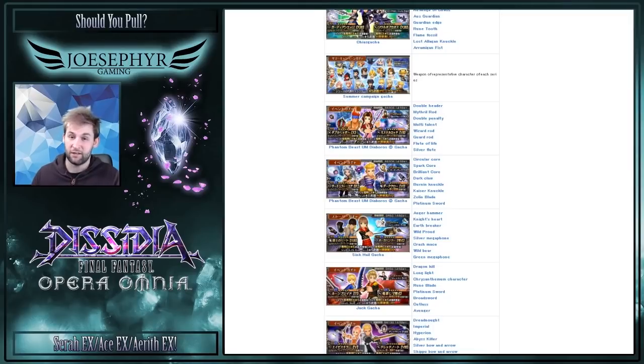If I get Serah, I'll be annoyed because I already have her, but if you get Serah, I'd be pretty happy about it. If you get Aerith, I'd also be pretty happy about it, but you'll probably shelve her quicker than you will the other two. I just think that it's a nice banner, but like most banners this month and the beginning